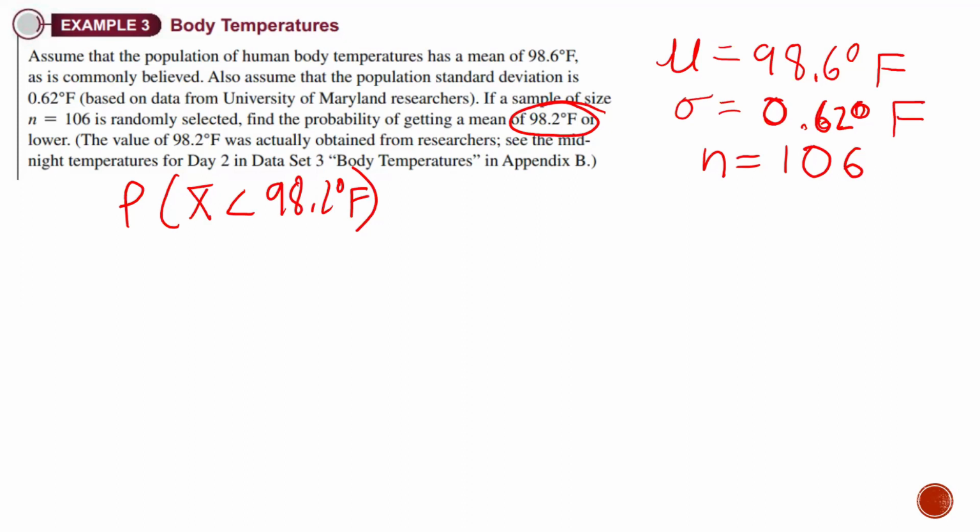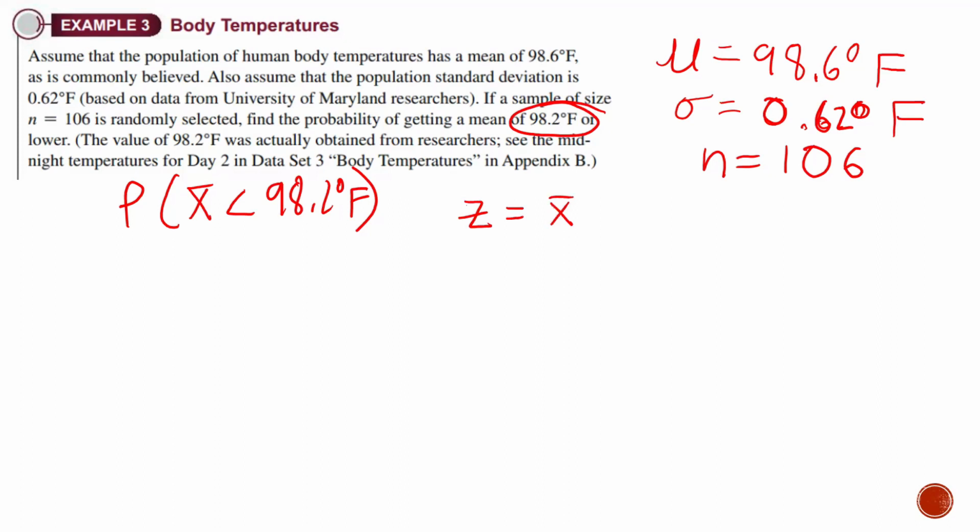I have 106. My mean is just a little bit lower than the accepted value. Let's find out the probability that this would happen by chance. So is this an individual or a sample? Sample. So you need to use the formula